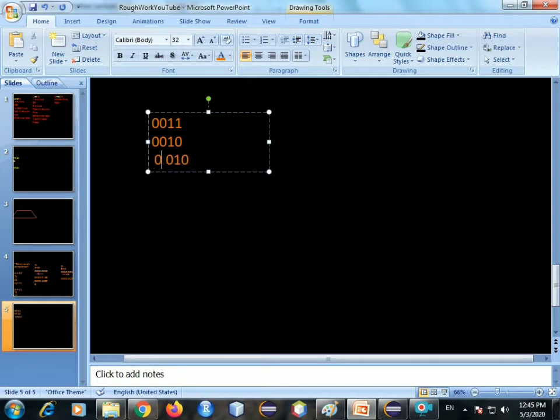Again 0 and 0 gives us 0. Okay, so this is the answer that you get on applying the bitwise AND operator. Okay, 2 and 3 gives us 2.